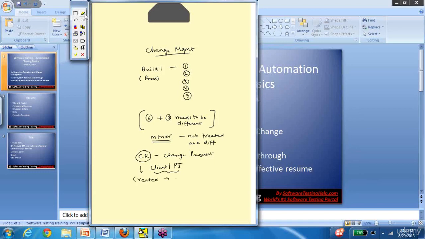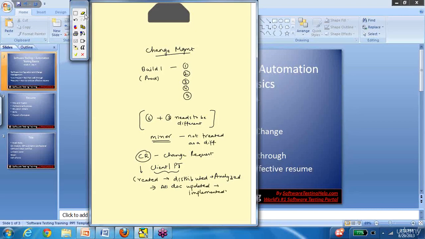It is distributed to everybody, like the QA team, the dev team, the support team, and this change is analyzed. Whether it is a valid change or not is then decided, and then all the documentation is updated and the change is implemented. So change request is typically the process for handling any kind of change.